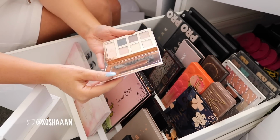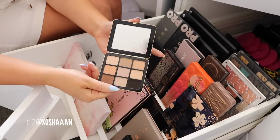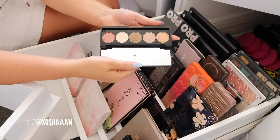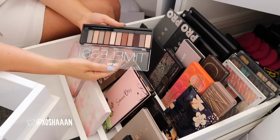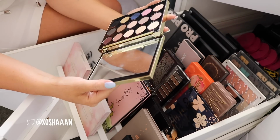Naturally Pretty, boring. This is a Bobbi Brown palette. Beautiful, but meh. Ofra Signature Eyeshadow Palette, Radiant Eyes. Don't really need it though, very generic colours. Timeless palette by Chi Chi. This is actually really beautiful as well, so I'm going to keep that one. Urban Decay Gwen Stefani. Beautiful palette, but